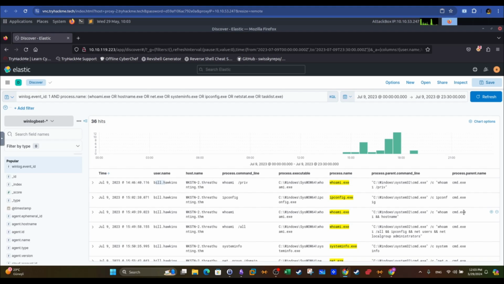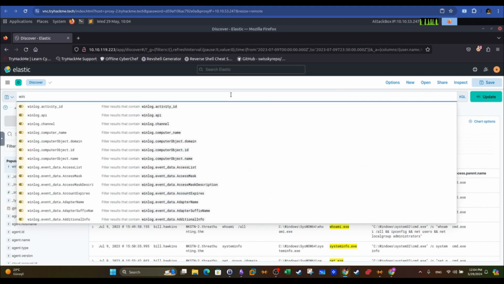So we know that system administrators may use these tools to retrieve information about the host. That's why we're gonna have to dig deeper on the use of this process. How? We're gonna need to find out what is the parent process of the command line processor here. So we're gonna modify the command here and look for, let's see here,